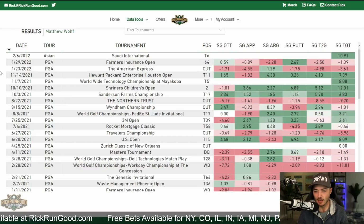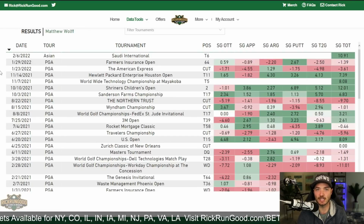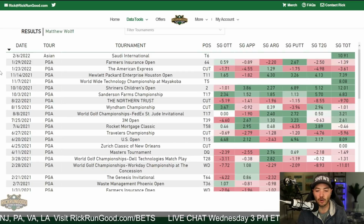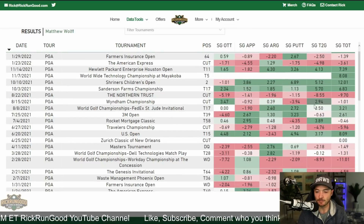This is a golf course where a couple of bad shots and you're dead, and if he plays up to his kind of ceiling, he might run away with this thing. I wouldn't be surprised one way or another. I would probably lean on the avoid Matthew Wolff side of things this week. I'm not particularly thrilled about it. Played well at the Saudi International, but we're still not seeing